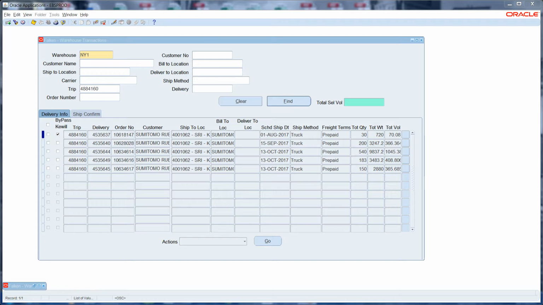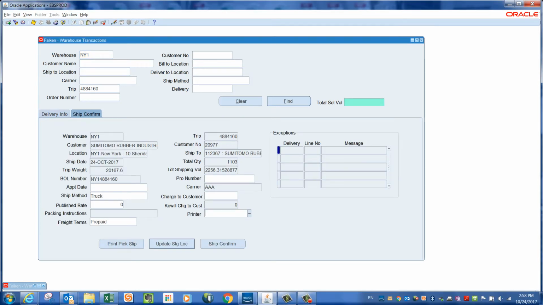On the screen we are showing trip number 4884160 in the warehouse transactions form, and we'll try to go to the form where we can extract the details of the same. As you can see, this trip number has 5 different deliveries from 5 different orders, and the total you can see in the ship confirm tab is for 1103 units, a total weight of